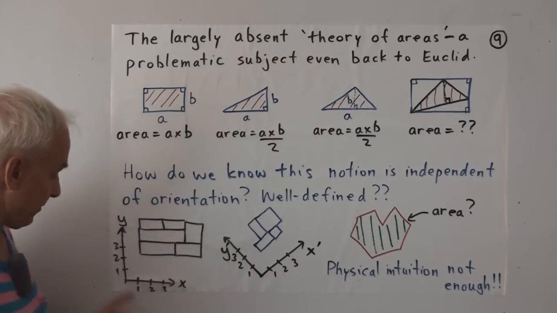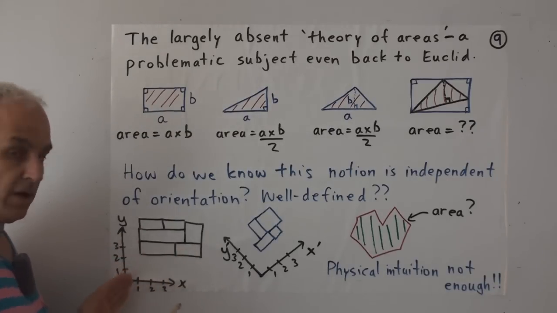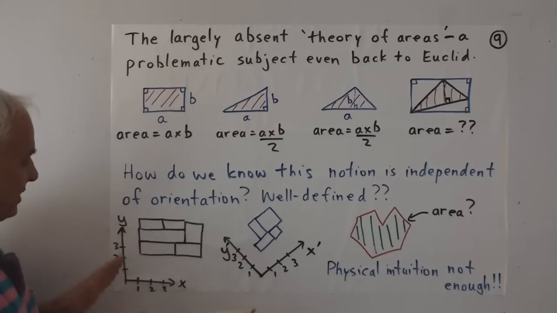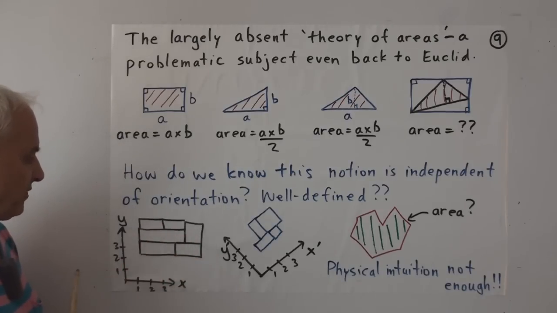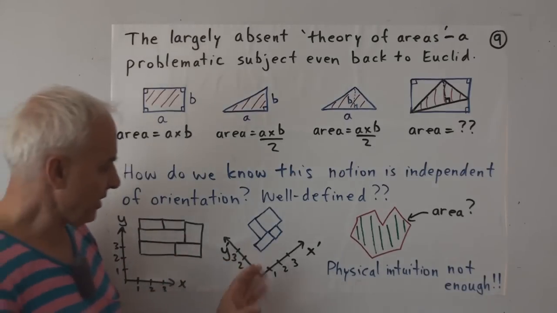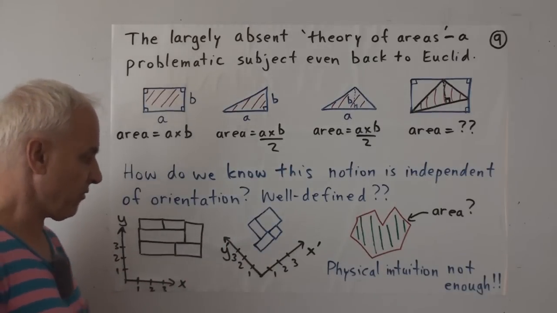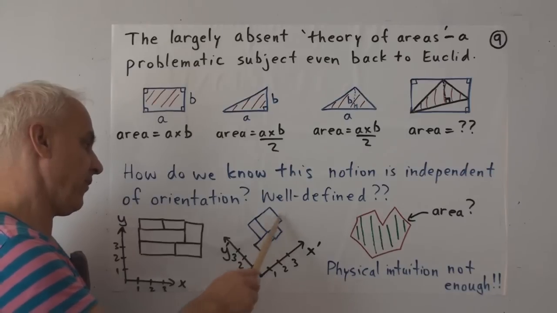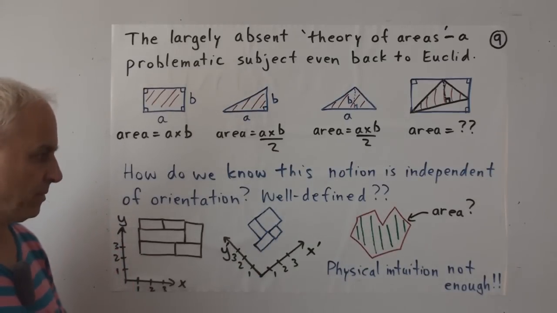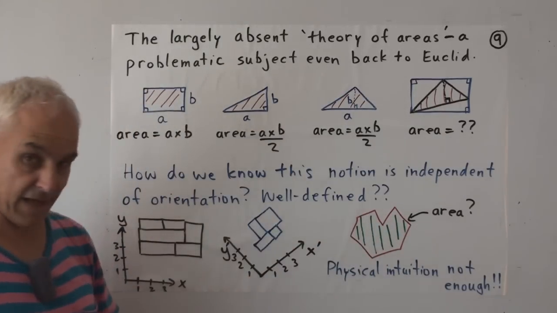So to put it another way, suppose that one person has a framework like this, X and Y, and they're very confident and happy about rectangles which are oriented in the same way as their axes. Okay? They're quite confident about calculating the areas of such rectangles. And then somebody else takes this coordinate system and rotates it somewhat, still the same scale, but rotated, and now this person over here is confident about the areas of rectangles that are oriented in this way. Okay, now we have some other region that we want to calculate the area of.